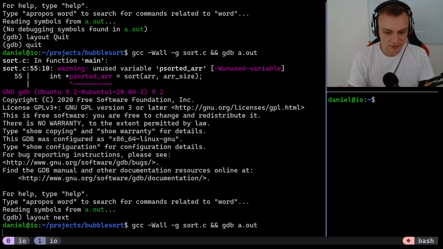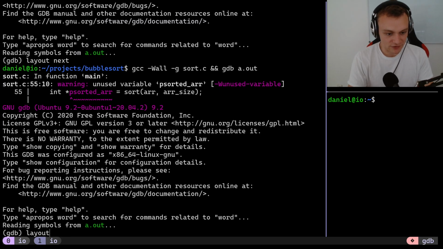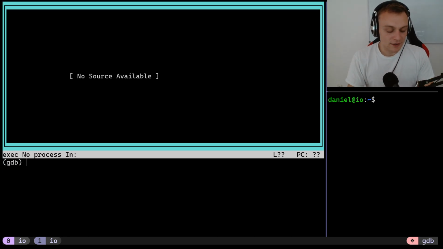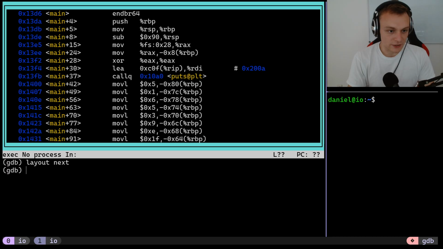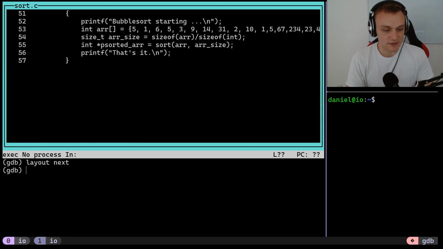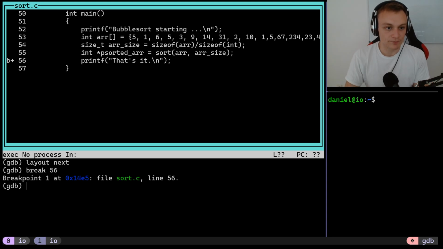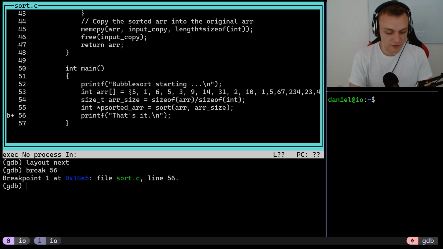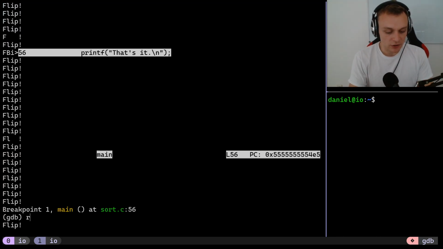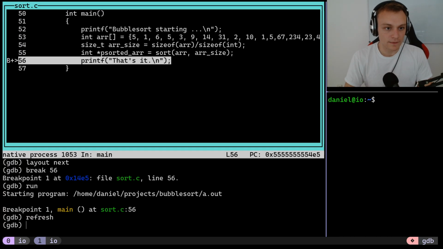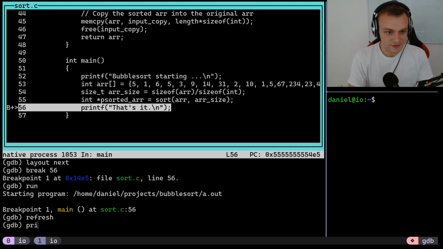Quit, compile, layout, next. Then layout next, next. Break at line 56. Let's go up a bit, run the application, refresh the screen, and then let's print the